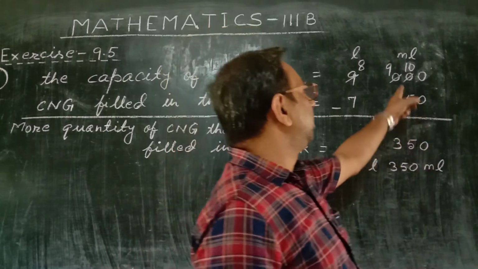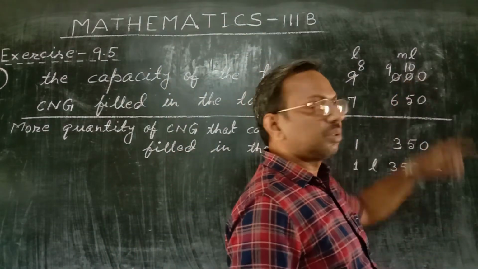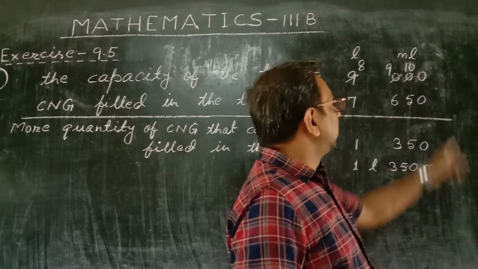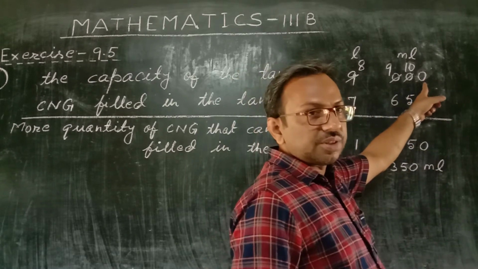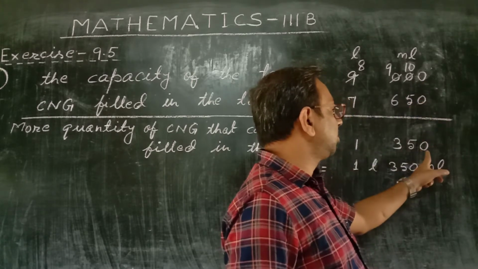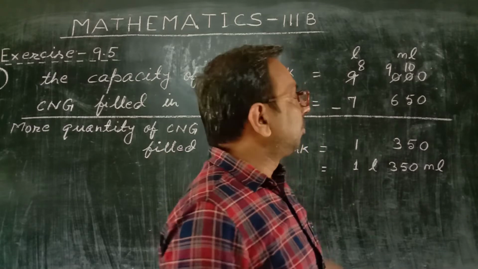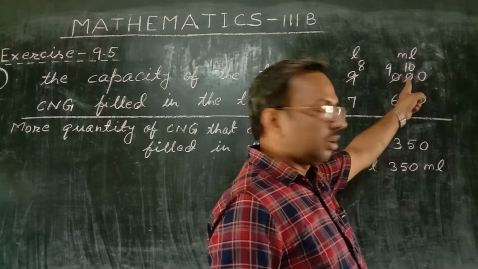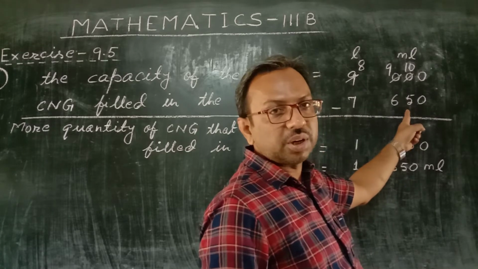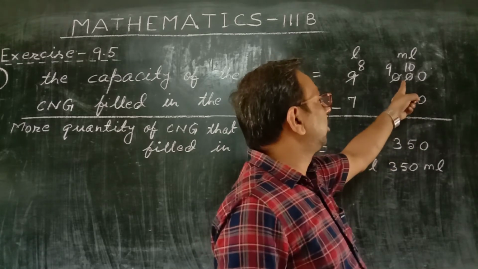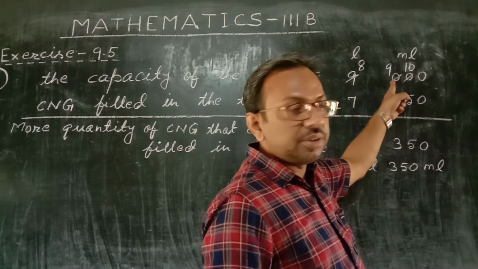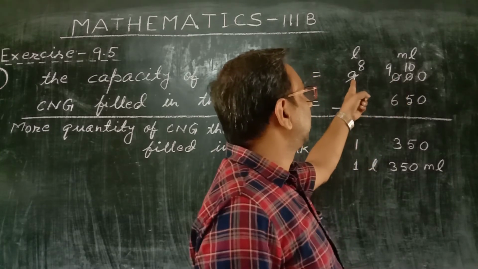In the column of milliliter, you are getting here 0, 0, 0. And here is 650. This 0 ones place, you come to ones place of milliliter column. Here is 0 and here is 0. 0 minus 0, 0. You come to tens place. Here is 0 and here is 5. This subtraction is not possible because 0 is smaller than 5. To make it greater than 5, we take 1 from here. But it can't give you 1 because this is already 0. So we take 1 from here.